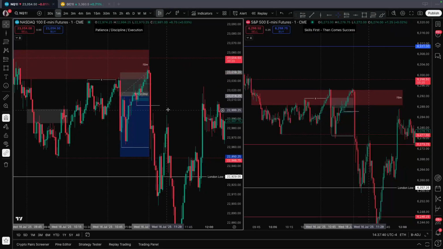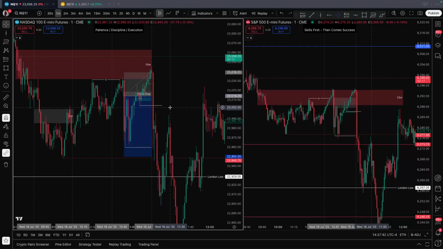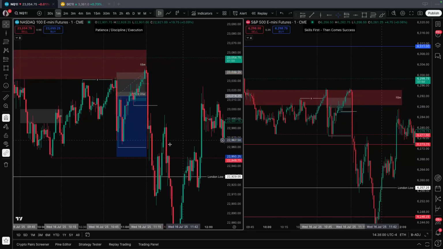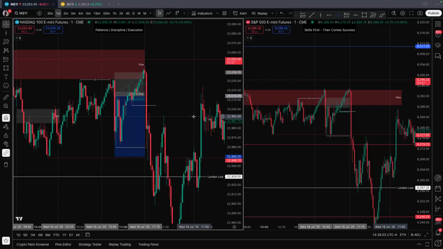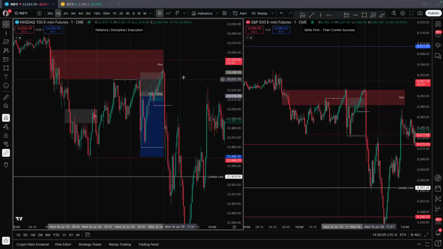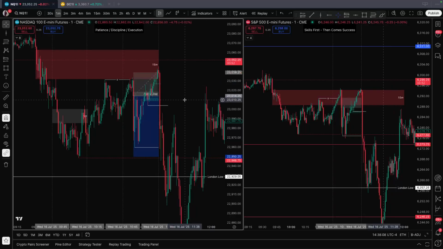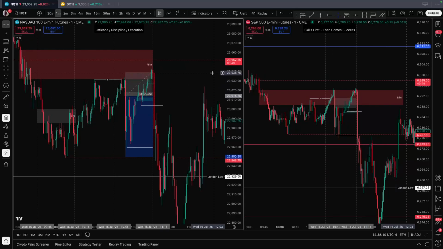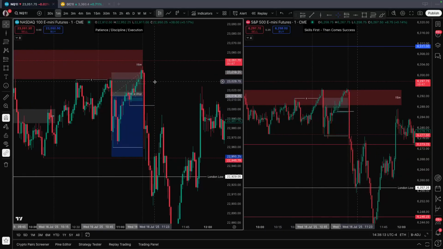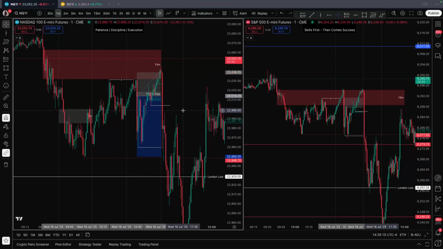Here's where I kind of had trouble with it mentally. So we had swept out this low on ES, which was a low I was targeting. I put in an SMT not only here but with this low too. So I was kind of iffy about it. But I was still wanting to see the London lows, and I liked the way the structure was forming. So the trade, I had my limit order set, it got triggered. Unfortunately, I was stopped out, but